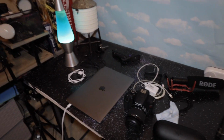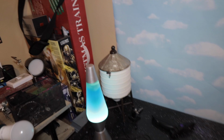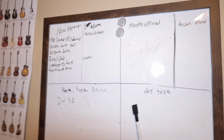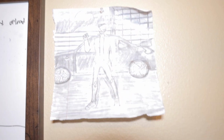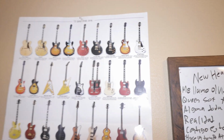But right here on this table, I do my green screen shots. I place the green cardboard, the blue paper, and I sit in here and just connect the light, everything that I'm gonna need, and I just start shooting. In here I have this board where I manage my schedule, everything that I need to do. There's another drawing from my brother, a poster of guitars. The one that I have is the white one,